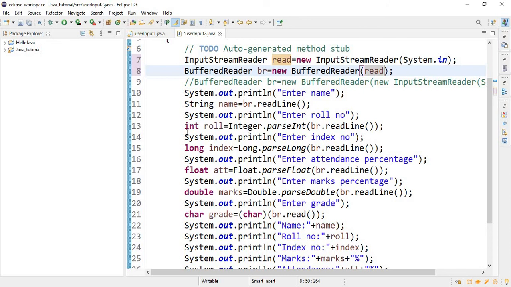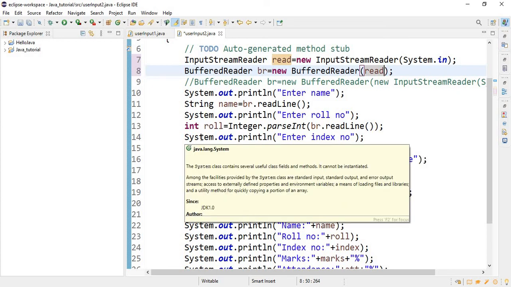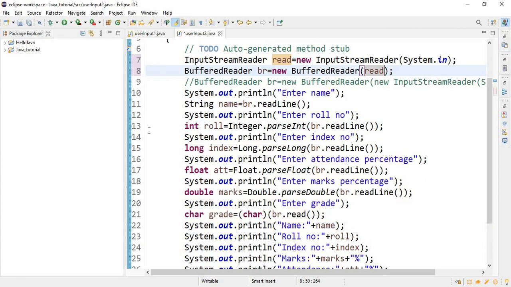For taking an integer input, our syntax will be like this: Integer.parseInt(br.readLine()). Notice the capital letter in Integer. When we write the data type Integer with a capital letter, it denotes that this is the wrapper class Integer. The Integer wrapper class wraps an int value in an object.